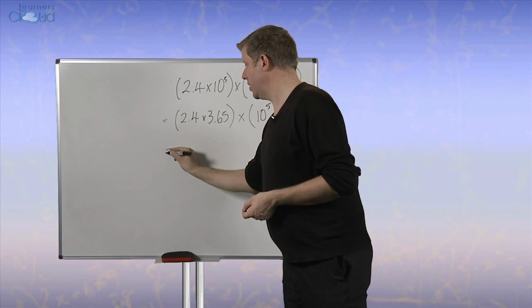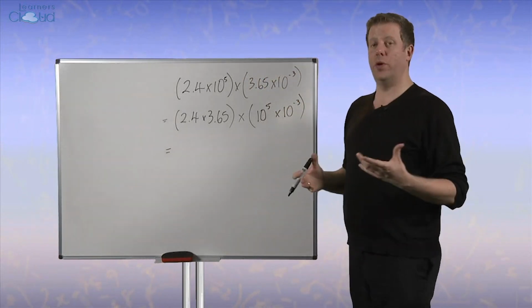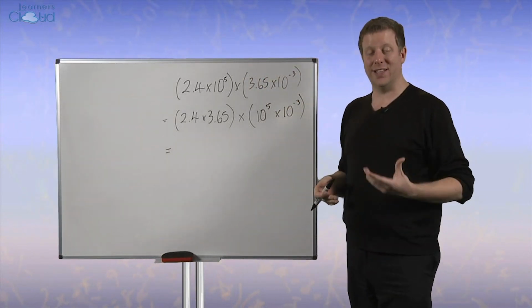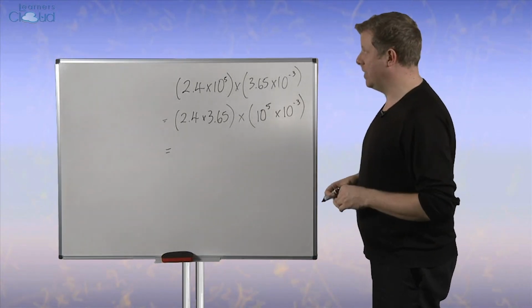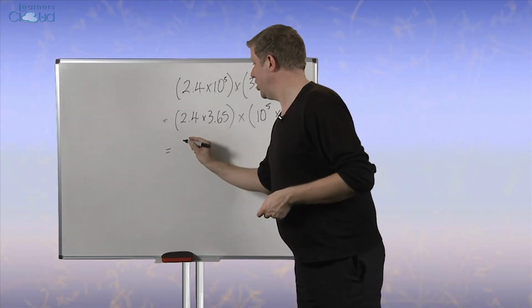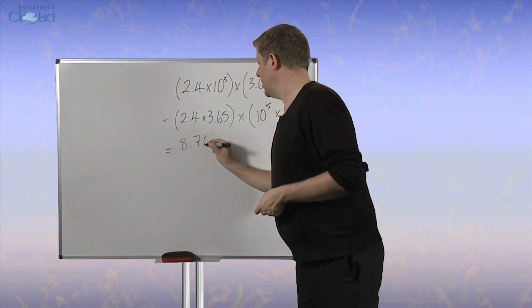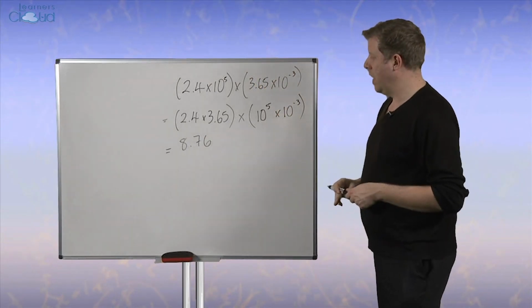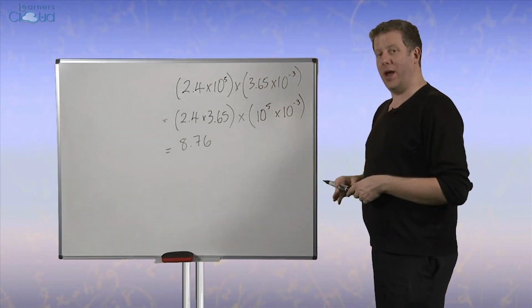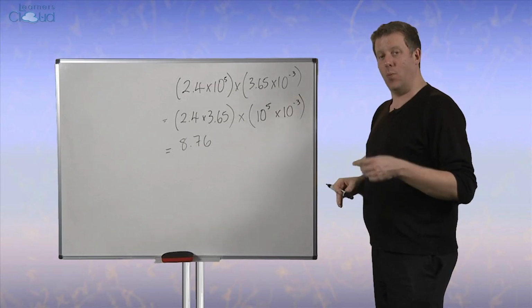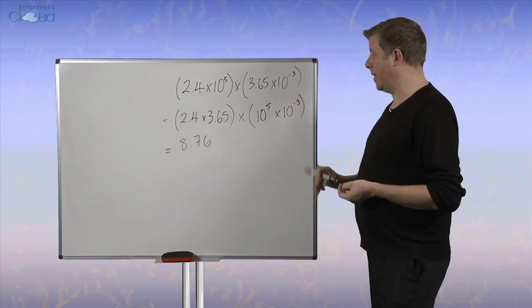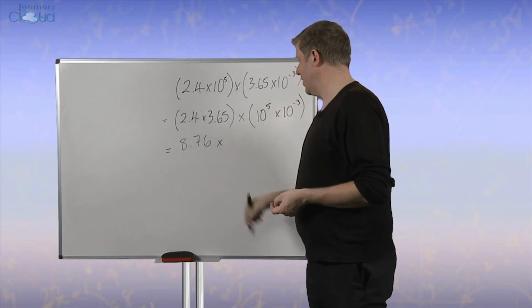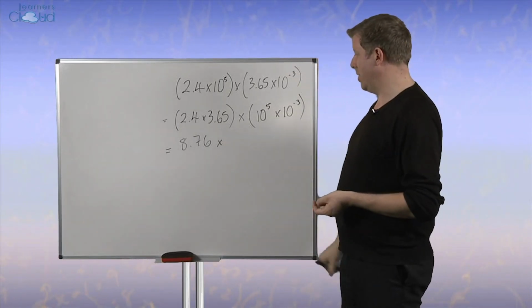Now 2.4 times 3.65, you wouldn't be expected to do that without a calculator. This would be a calculator question. So if you type it into the calculator, you should hopefully see that it gives you 8.76. Now what happens here is where our laws of indices come in. And we know that when we multiply something with the same base, we're going to add those two powers together. And 5 add minus 3